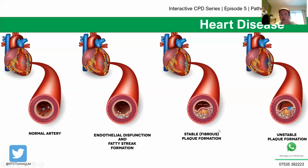So what we say with heart disease is heart disease is the kind of build up over and above what would normally be expected in an adult of your age. So if you're more this end in your kind of 40s and 50s, then that would definitely be termed as heart disease. And what we then refer to as angina is when this heart disease gets to the point where